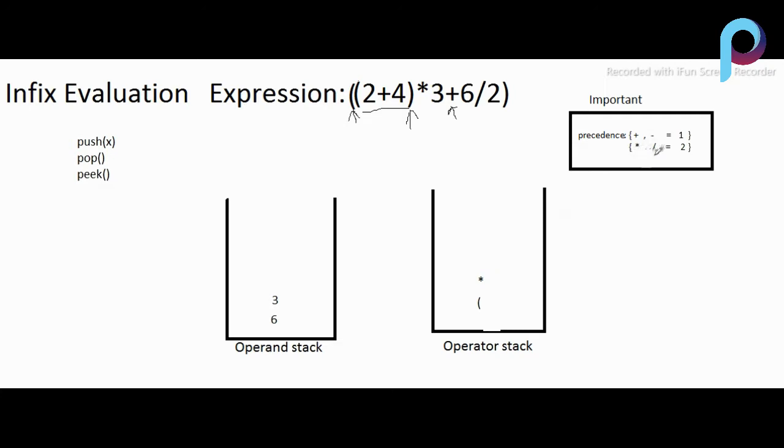I have taken multiply and divide as precedence 2 and plus and minus as precedence 1, meaning plus and minus have the same precedence and multiply and divide have the same precedence, but they perform sequentially. So there is a plus, and we don't push plus in the operator stack, we stay at the plus and compare its precedence to the operator present in the operator stack. Multiply has the higher precedence, so we have to pop the multiply and perform it on the operands present in the stack.